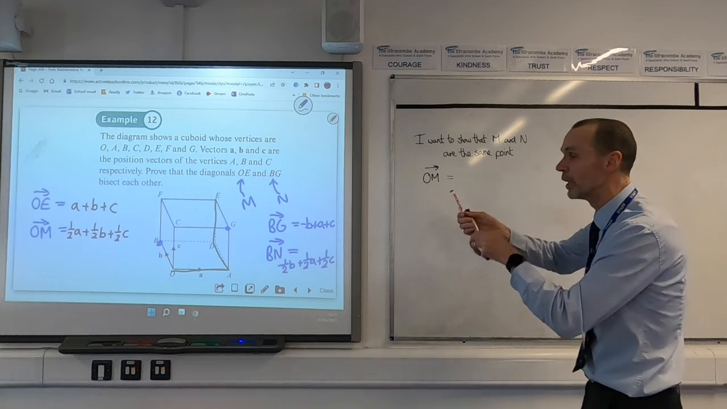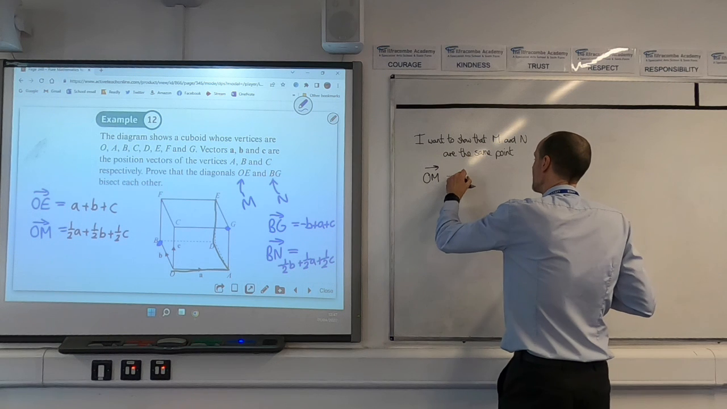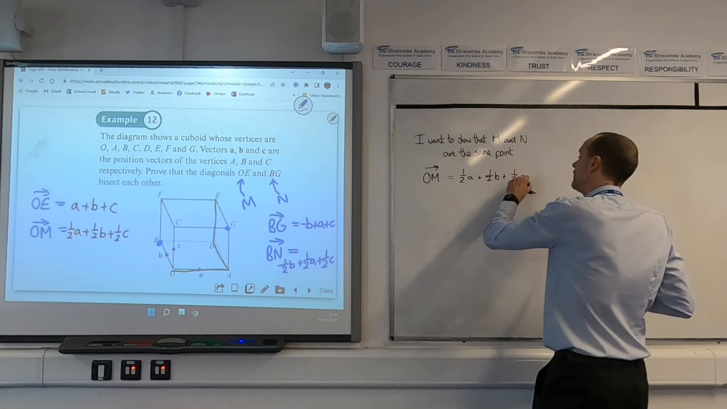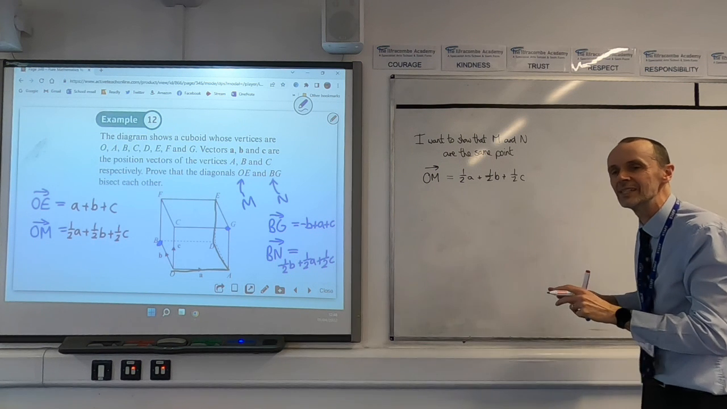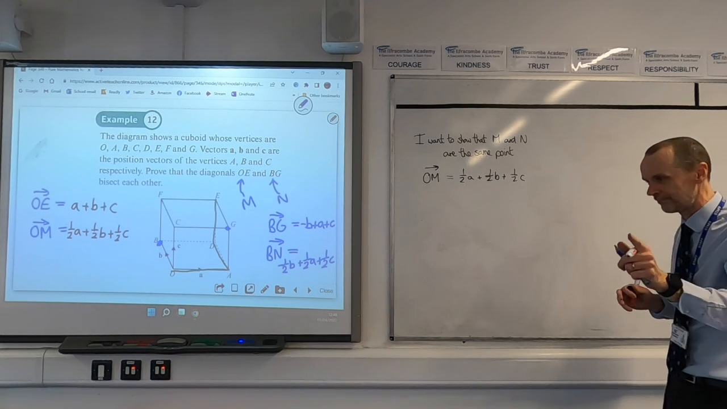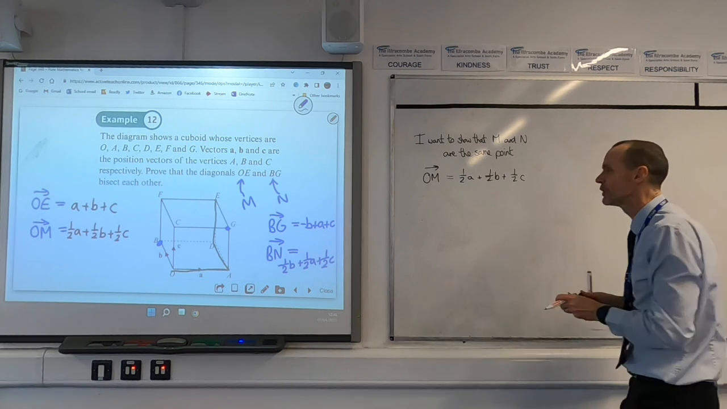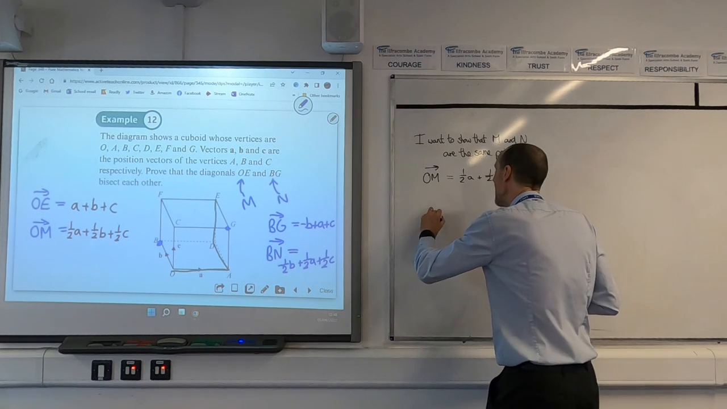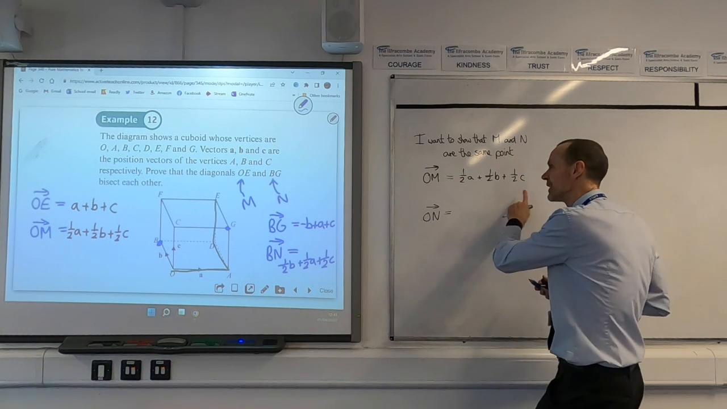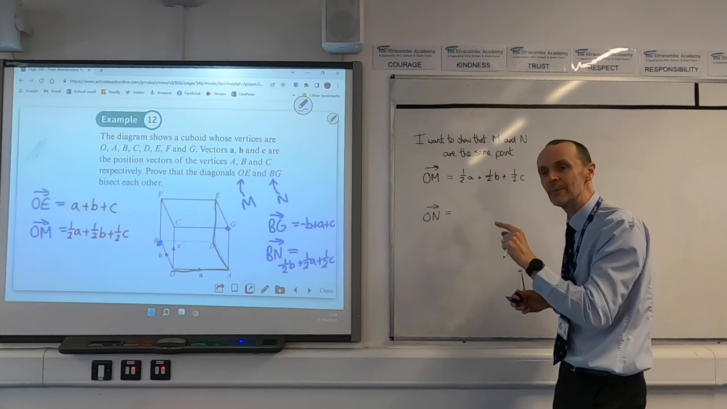So O to M, I know I've got that. That's a half of A plus a half of B plus a half of C. So is anyone able to describe the final step that we need to take? That's it. If I can work out the journey from O to N and work out that it's the same as this, then I've worked out that M and N are the same